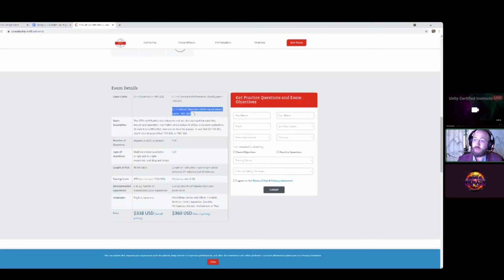The way it worked was I got a handful of friends together and I said, hey, I'm giving this instruction. I would like you to participate. And I picked out a technical topic and decided to teach that. Technical topic I decided on was actually how to use the Cinemachine cameras in Unity. I got a bunch of friends that had either not used it or had minimal experience with it. And within the course of approximately 20 minutes, taught them how to use Cinemachine. I recorded that and sent it off to CompTIA, and they graded me on it.